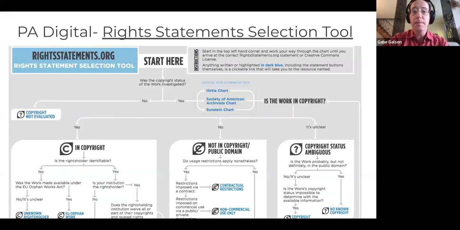This is the Rights Statement Selection Tool, which I made through PA Digital in consultation with lawyer Brandy Karl. It comprehensively covers statement selection, overviewing each statement and its correct usage, as well as the legal logic. Its legal logic is meant to apply nationally. It also includes clickable links to each statement when viewed in a browser, allowing it to function as an alternate rightsstatements.org interface.